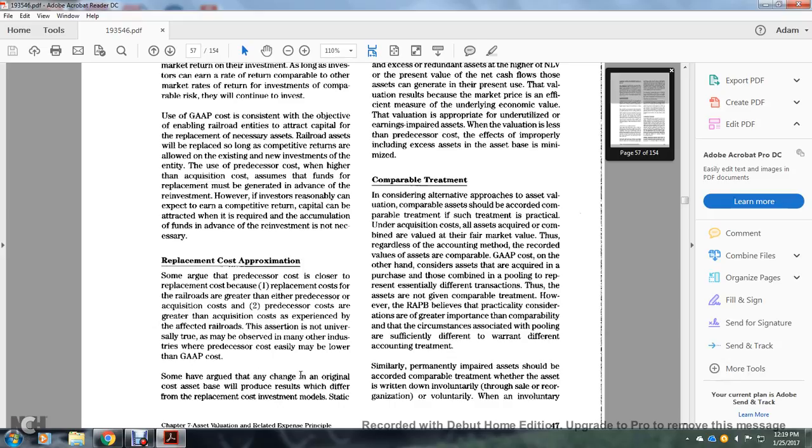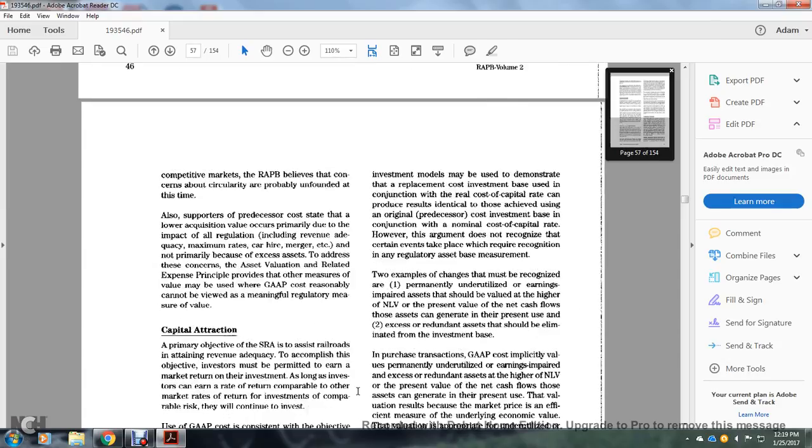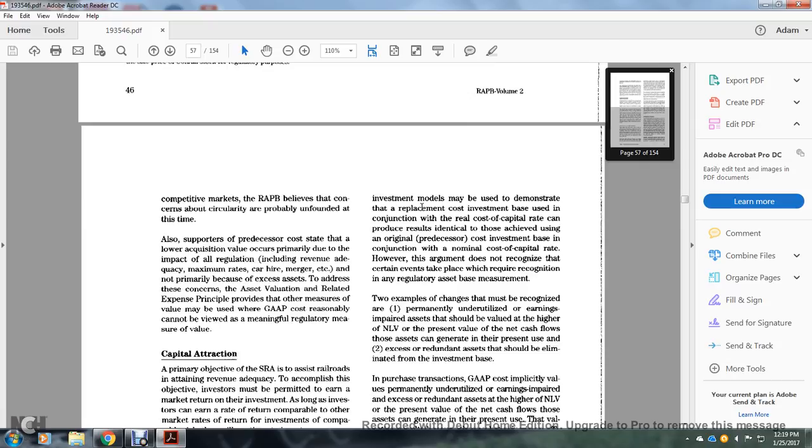Some argue that any change of the original cost in the asset basis will produce a result that differs for replacement cost investment models. Static investment models are used to demonstrate that the replacement cost investment base, used in conjunction with the real cost of capital rate, produces results identical to those achieved with the original predecessor cost investment base in conjunction with the nominal cost of capital rate. However, the argument does not recognize certain evidence that takes place with the required recognition of